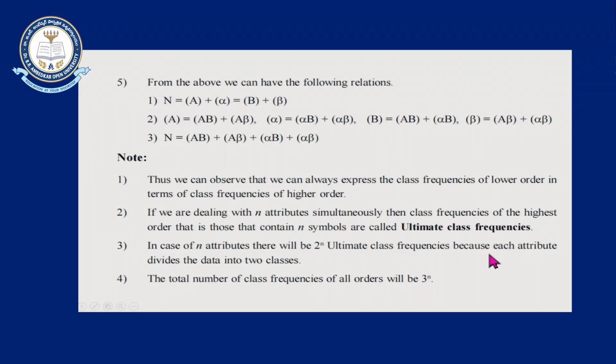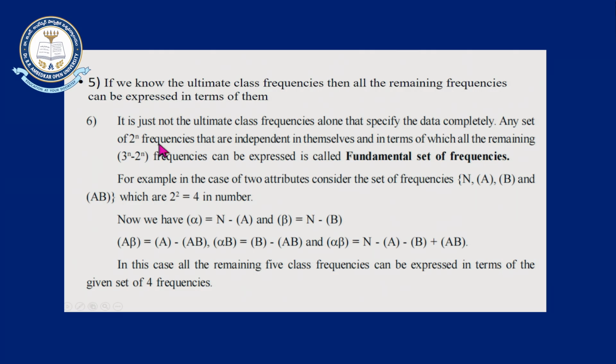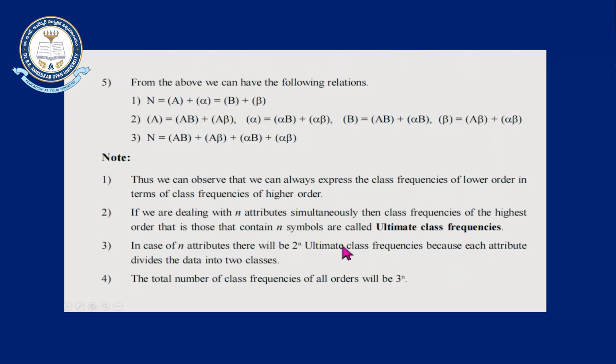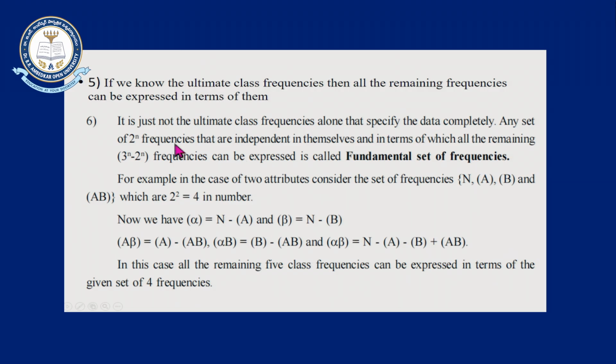Next, on the ultimate class frequencies: with n attributes, we can get 2 power n ultimate class frequencies. Whenever we go for the fundamentals of the frequencies, it is 3 power n minus 2 power n. 3 power n comes under the category of all ordered frequencies, and